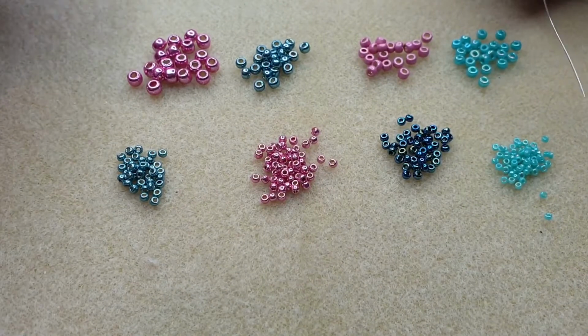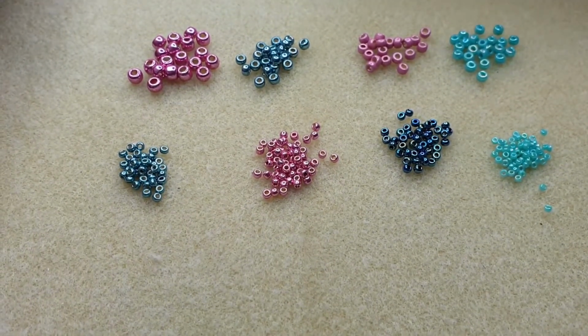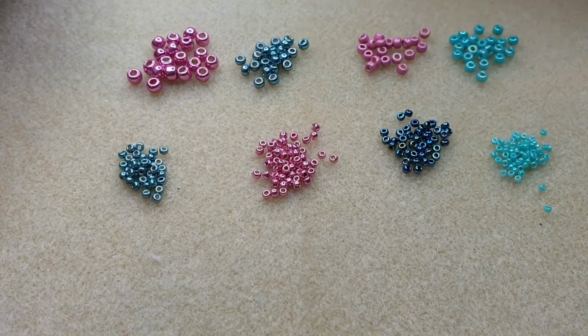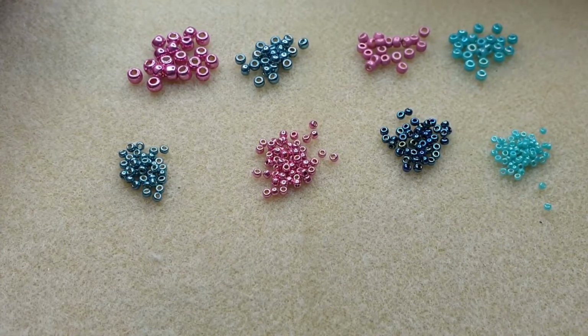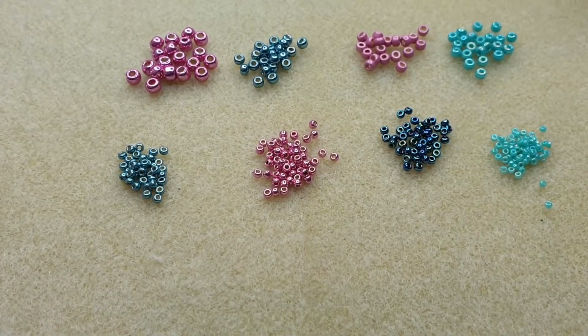Okay, I'm going to use 2 rows of the 15s to make it a bit wider. But everything else, I'm going to do 1 row, or am I? I might do a double row of this. Anyway, let's kick off. So a Cellini spiral is essentially